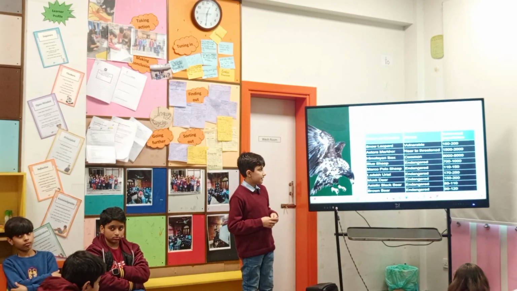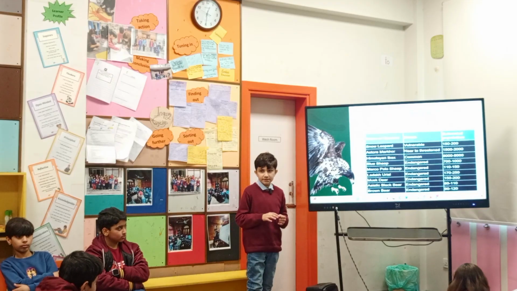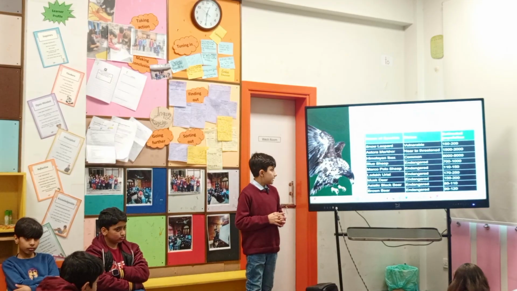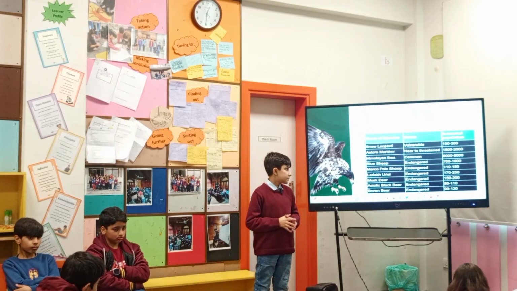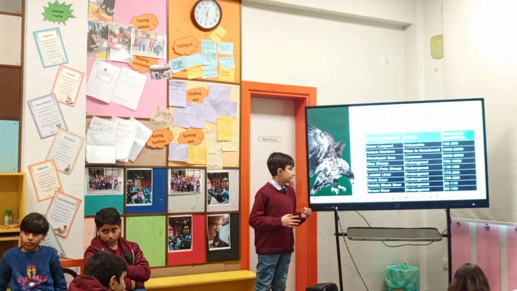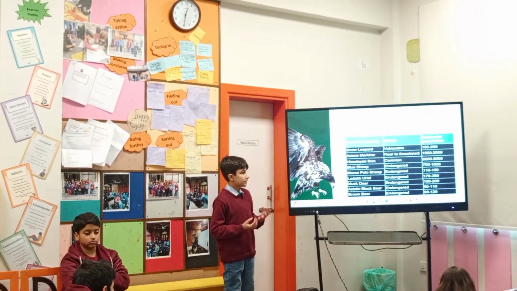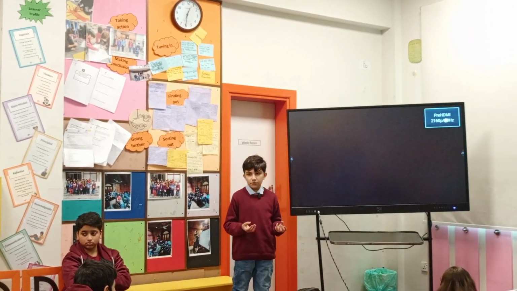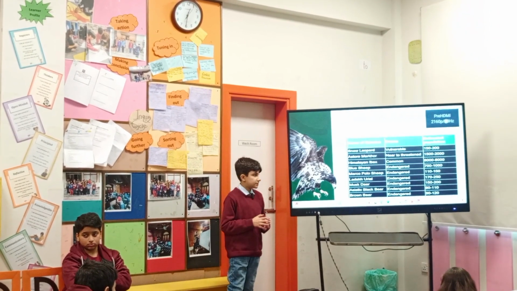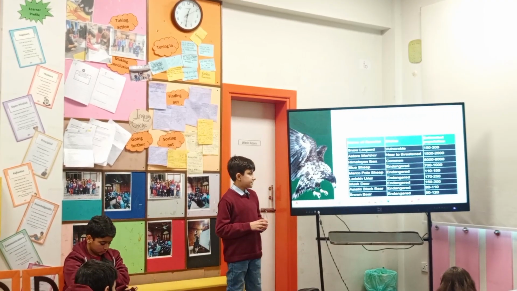Then we have the Himalayan ibex, which thankfully is common right now, and 6000 to 8000 of these are left. Then we have the blue sheep, which also falls under the endangered category. Only 700 to 1000 of these are left. Then we have Marco Polo sheep. This beautiful species, only 110 to 150 are left, and this also falls under the endangered category. Then we have the musk deer, which is also endangered. Only 100